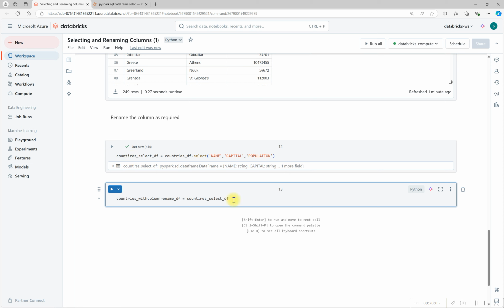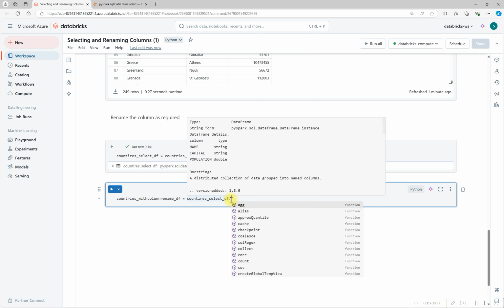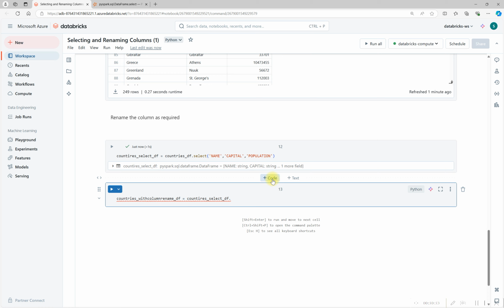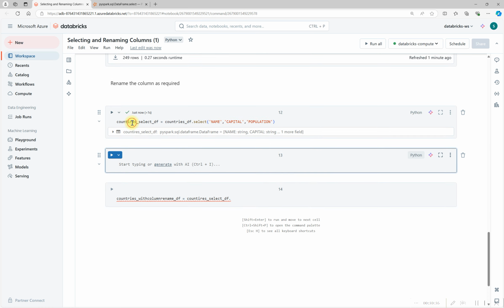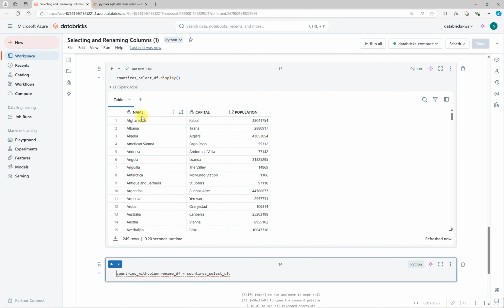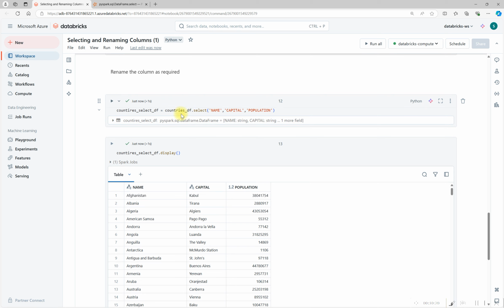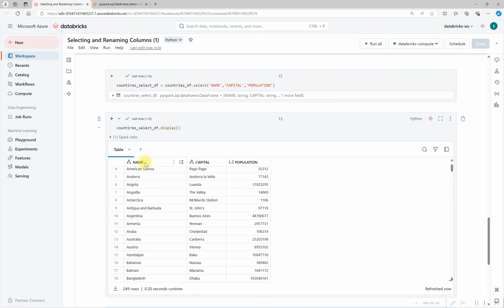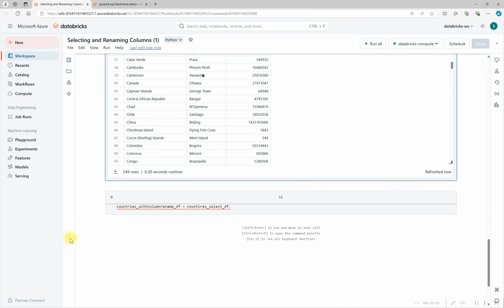Okay, so if I want to rename the column name, let's execute this one first and add display, execute. Here we selected name, capital and population from countries_df to country_select_df. Now we want to rename name to country name, capital to capital city. So we can do it using